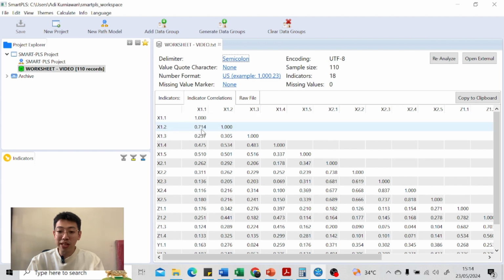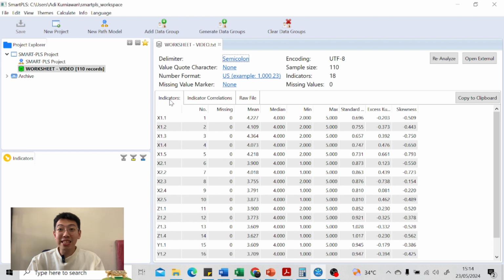This is 0.714. It shows that the correlation is strong and also positive. The correlation between X1.1 and X1.3, it is 0.237. The correlation is positive and weak, and so on.